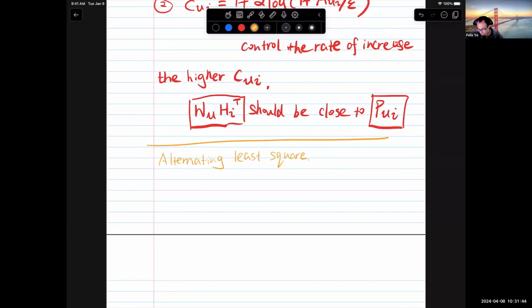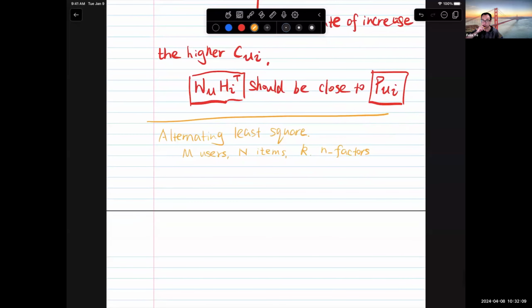Again, we have M users and items and K number of factors, or hidden dimensions, same thing. It's basically the same. Say we treat HI as constant and solve the loss function with respect to WUI. So the idea is the same: treat HI as the constant